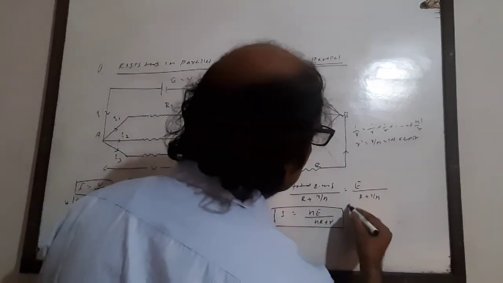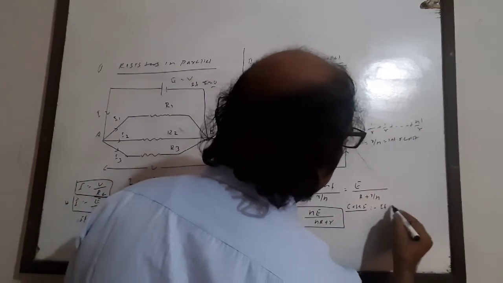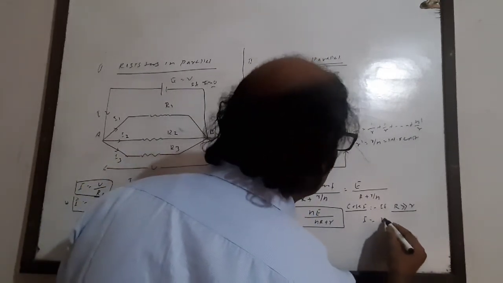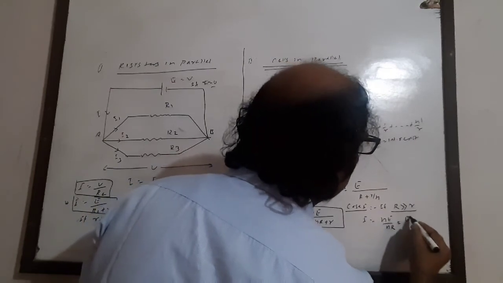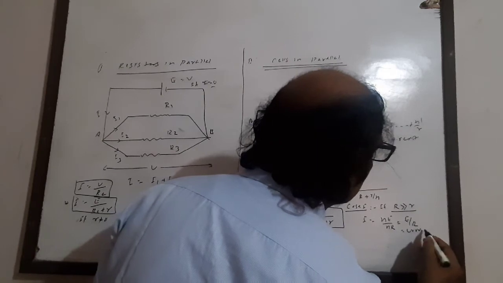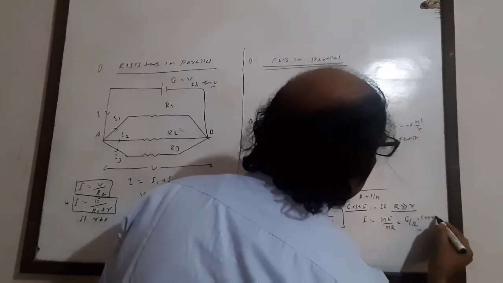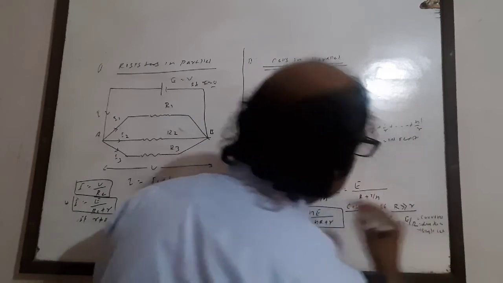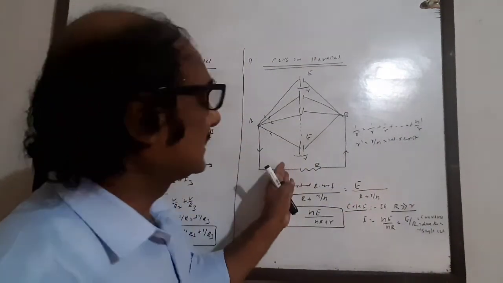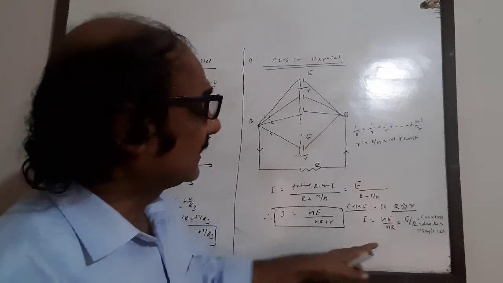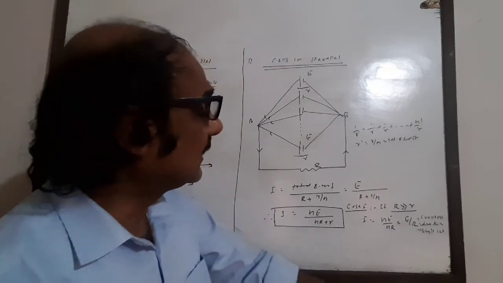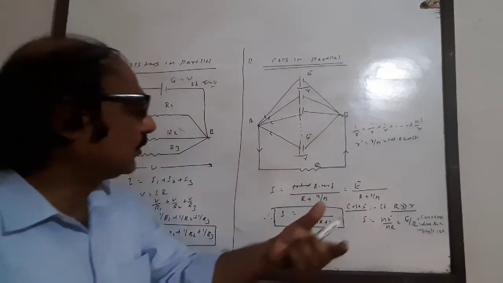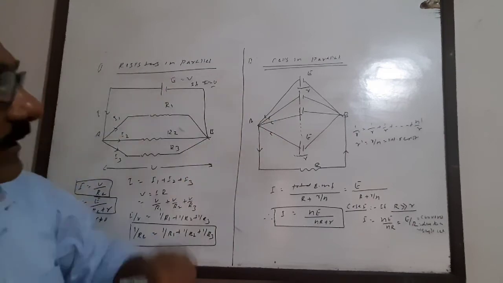So now there are two different situations. Case first, if capital R is very high in comparison of the r, so I is equal to nE by nR, E by R means current due to single cell. इसका मीनिंग है कि आप इस तरह का जब एक्सटर्नल रेजिस्टेंस बहुत हाई है तो आप देखें फर्स्ट केस में कि करंट का मल्टीप्लिकेशन हो जाता है, लेकिन यहाँ पर करंट का मल्टीप्लिकेशन नहीं होकर करंट इज इक्वल टू द करंट ड्यू टू द सिंगल सेल है. इसका अर्थ है कि जब एक्सटर्नल रेजिस्टेंस हाई होगा तो हम लोग को ग्रेटर अमाउंट ऑफ मैग्नीट्यूड ऑफ करंट के लिए सेल्स को हम लोग को सीरीज में कनेक्ट करना चाहिए.